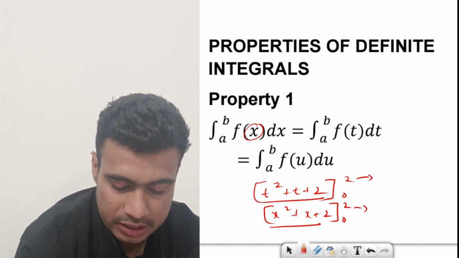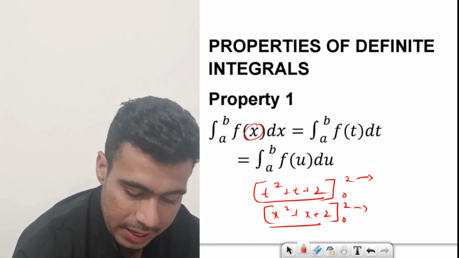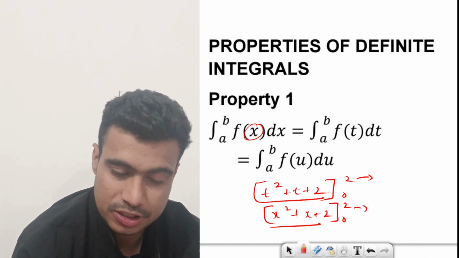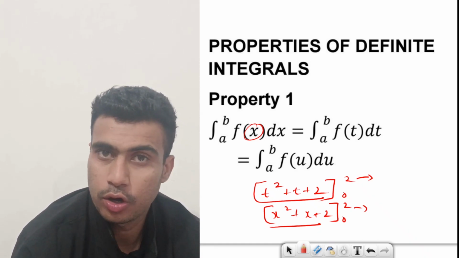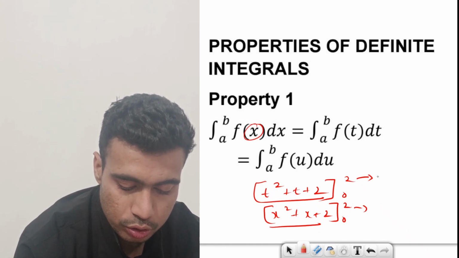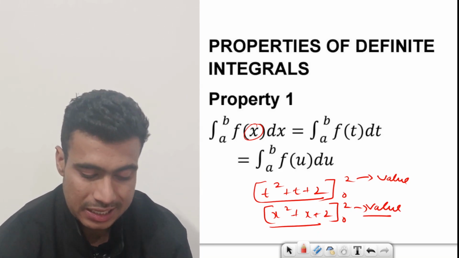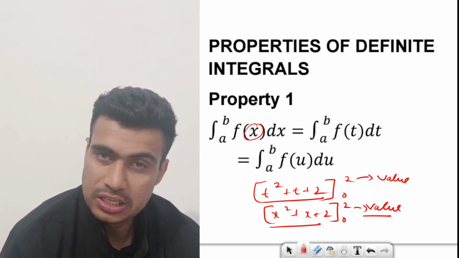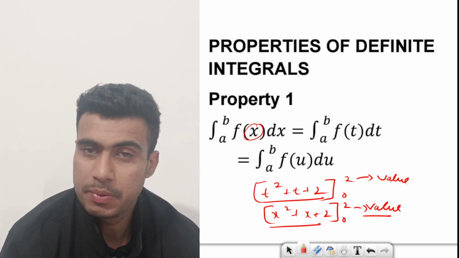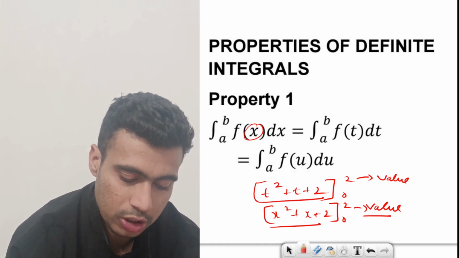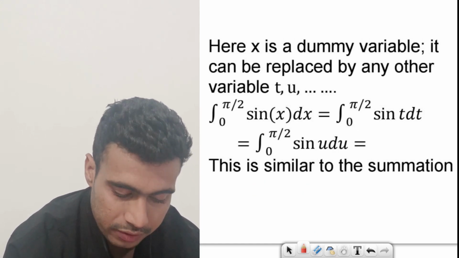और no matter what the variable is, जो आउटपुट एक नंबर आएगा वो डिपेंड करेगा, अगर एक्सप्रेशन सेम है, बस हम वेरिएबल चेंज कर रहे हैं, तो अल्टीमेटली भी उसमें एक कांस्टेंट वैल्यू 0 2 ही पुट होनी है. तो जो यहाँ वैल्यू आएगी, that value will be same as the value which you got in this. तो वेरिएबल चेंज करने से आंसर ऑब्वियसली चेंज होगा इनडेफिनेट का, but in definite since you are getting a answer, so doesn't matter, x को t से रिप्लेस कर दो, u से रिप्लेस कर दो, कोई नहीं पूछने वाला,